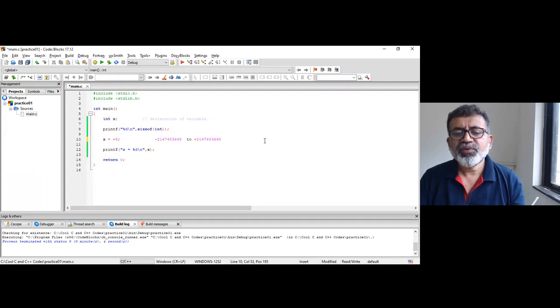You don't need to remember this. This is the range of an integer constant. So the maximum number it can store is this one, and this is the minimum number it can store. Let's check it.